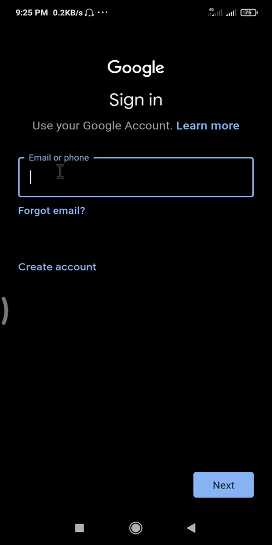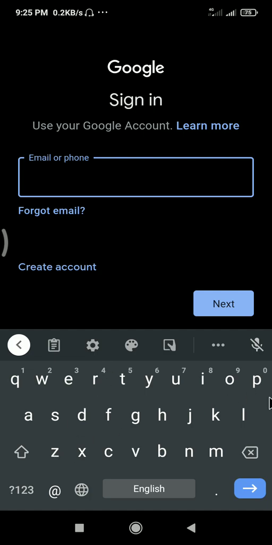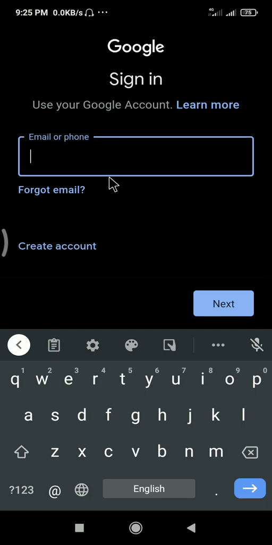Okay, first you need to put your Gmail account. After your Gmail account, it will ask for your password. I'm not going to show you that part because my old Gmail account is already added to the phone, so I don't have another one. So here you have to put your Gmail,